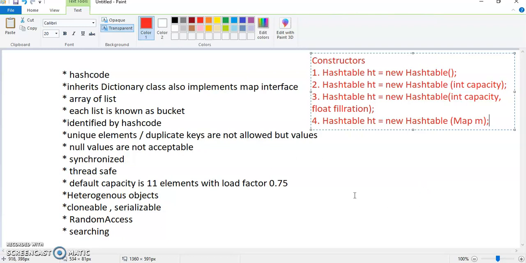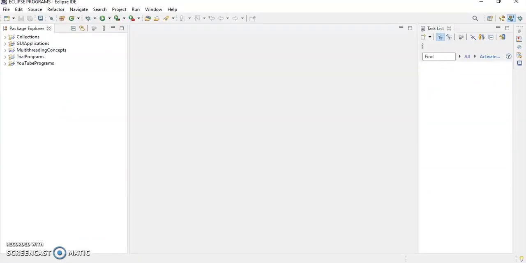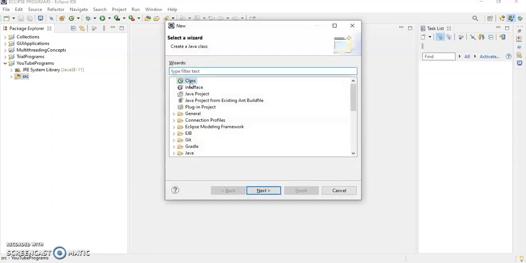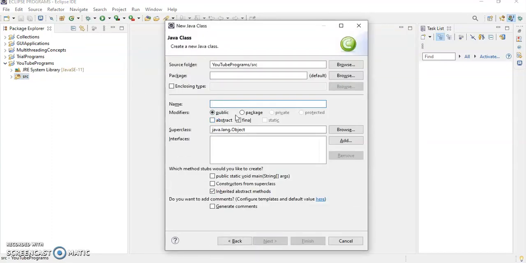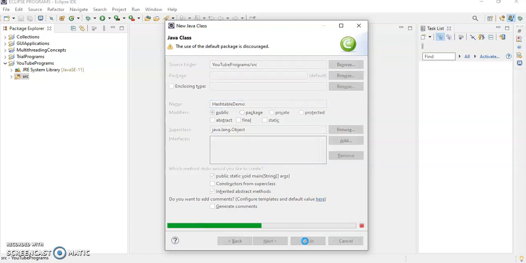I think the theoretical part is clear. Now we'll go and implement one program of this Hashtable. For that we will create one class. We'll take the class name as HashtableDemo. I will include the main method here. Click on finish.